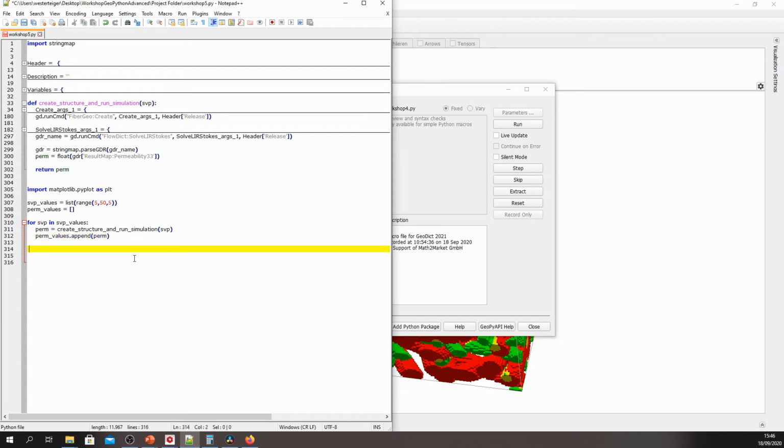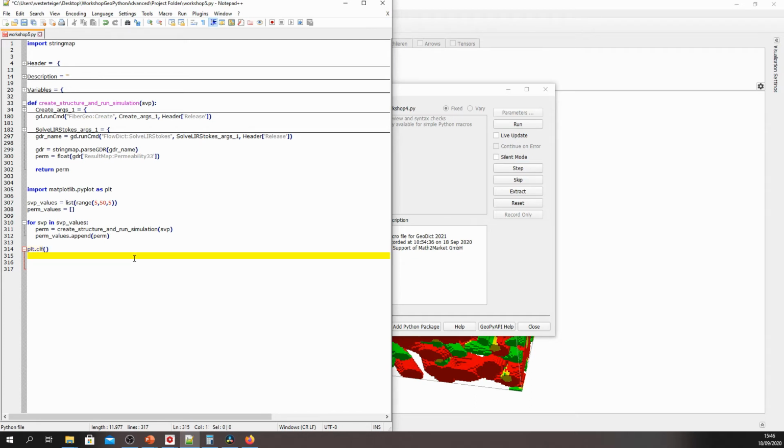Now, under the for loop, again, make sure you're now at the beginning of the line, because the part we're going to add now is not going to be part of the for loop body. We write plt.clf. This is for clear figure. This clears any remaining plot. So you can make sure that you start with a clean slate, basically, if you run this macro several times.